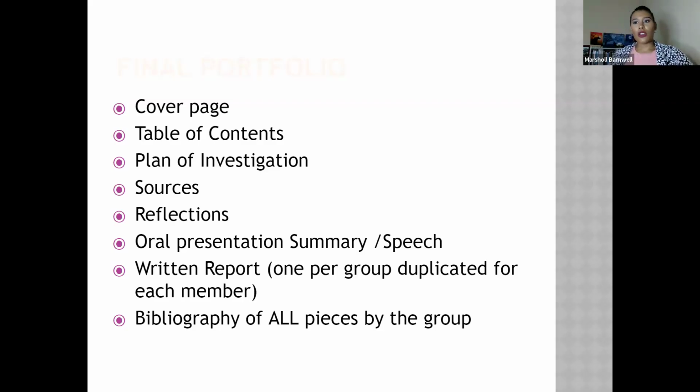Okay, now CSEC has also included a section for what I call appendix. I will call it appendix because that's basically what it is, where you have to provide evidence of your source. So if you went online, take a screenshot. If you use a newspaper, take a photocopy of the clipping. If you use a magazine article and you put the actual magazine article in your portfolio, go ahead and put it in. So in the section where I said sources, this is actually like an appendix where the sources that you use, you provide physical evidence that they actually exist. If it is a book, you can take a picture of the book. You can